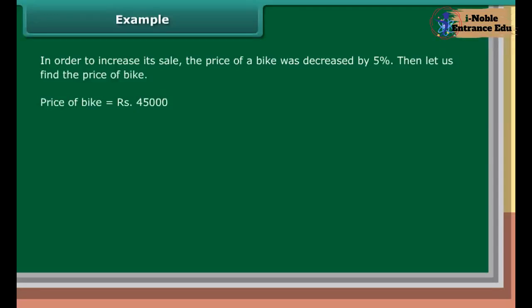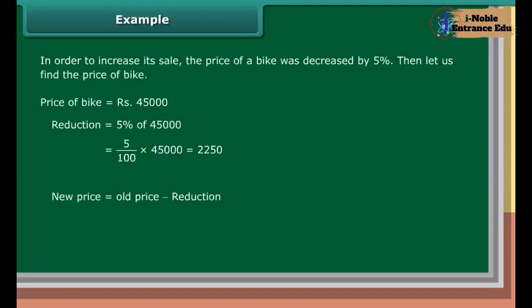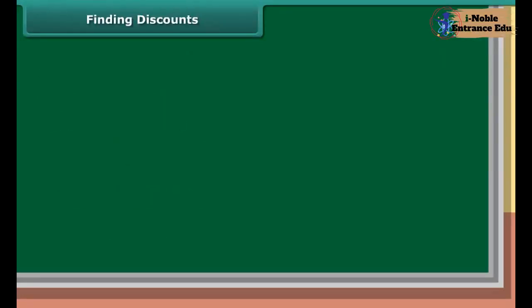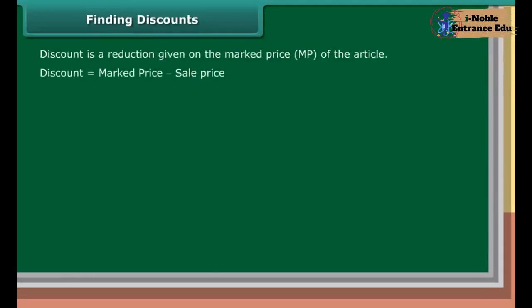In order to increase its sale, the price of a bike was decreased by 5%. Then let us find the price of the bike now. Price of bike is equal to rupees 45,000. Reduction is equal to 5% of 45,000, which is equal to 5 upon 100 into 45,000, which is equal to 2,250. New price is equal to old price minus reduction, which is equal to rupees 45,000 minus rupees 2,250, which is equal to rupees